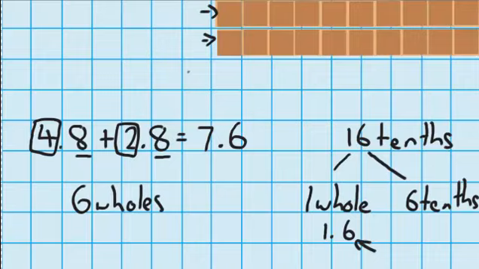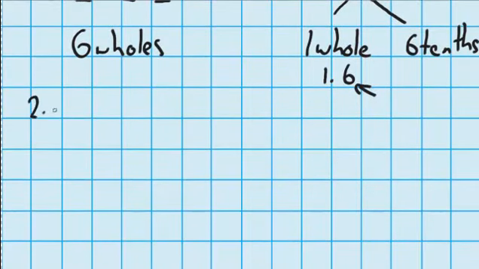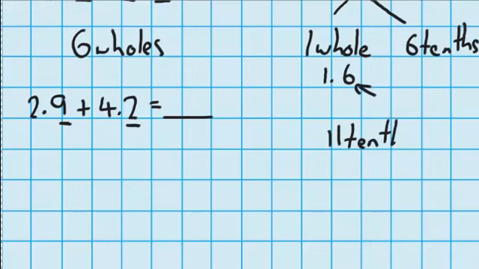Let's try one more. Let's do 2.9 chocolate bars plus 4.2 chocolate bars, and I want to work out how much there is in total. Just like last time, I'm going to add my tenths together first of all. 9/10 plus 2/10 gives me 11/10, and I know that there are 10/10 in 1 whole, so that means 11/10 is the same as 1 whole